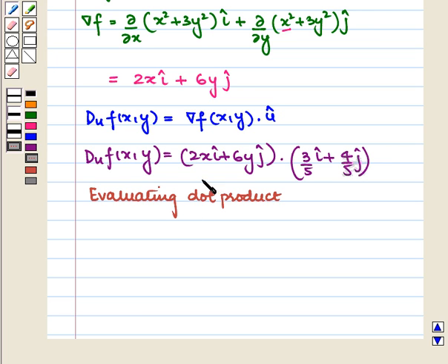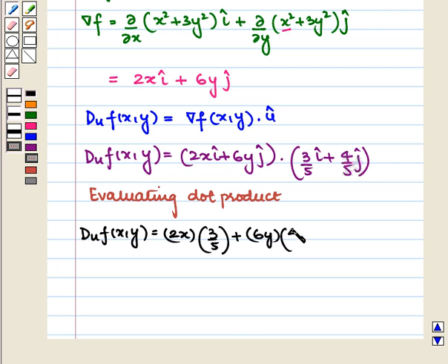Now when we evaluate the dot product, we get D sub u of f of x, y is equal to 2x into 3 by 5 plus 6y into 4 by 5, which is equal to 6 by 5 x